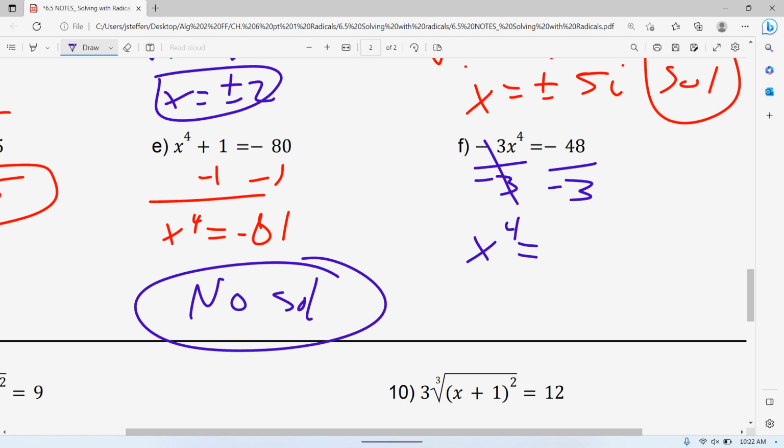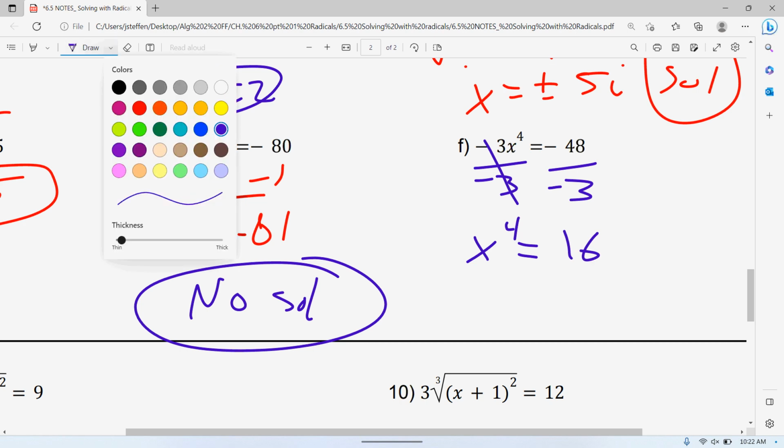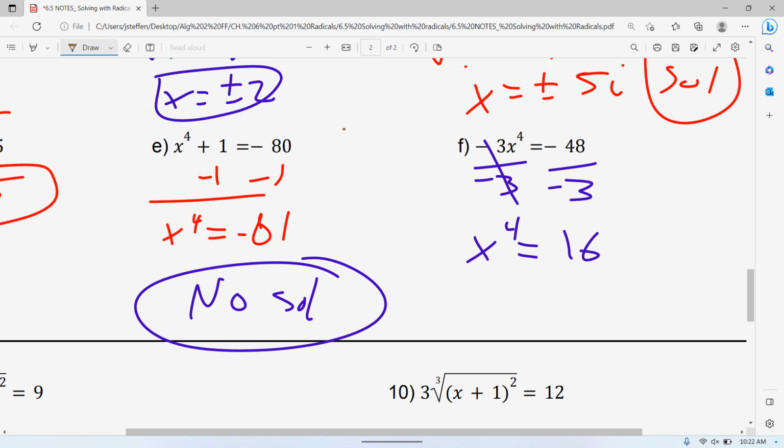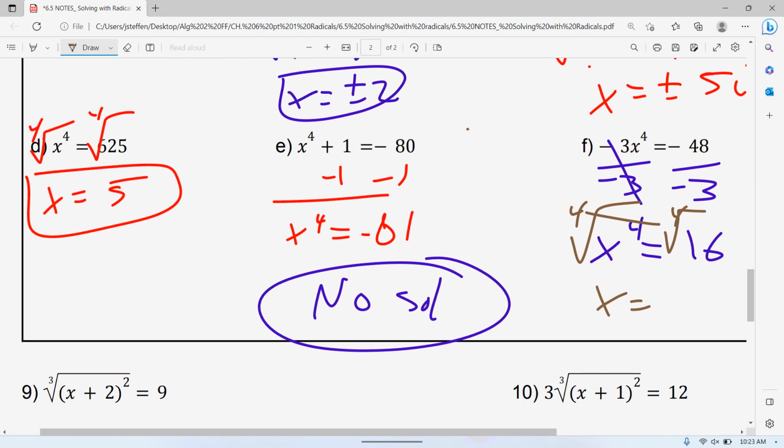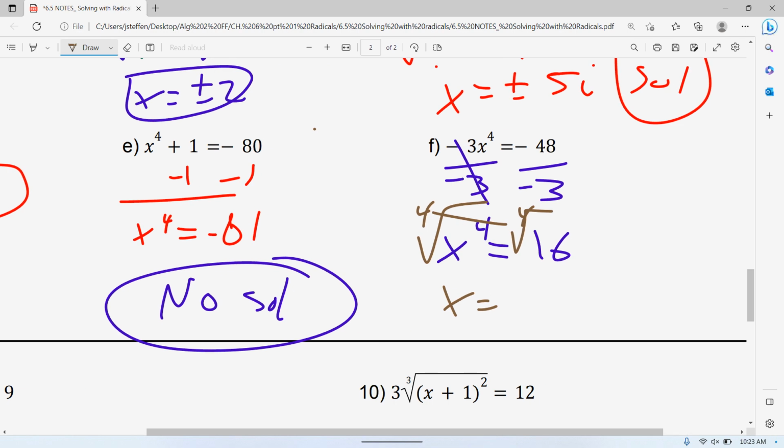-48 divided by -3 is 16. So I take the fourth root of both sides. The fourth root of 16. Oh, did I mess that up over here? I did. So the fourth root of 16 is,